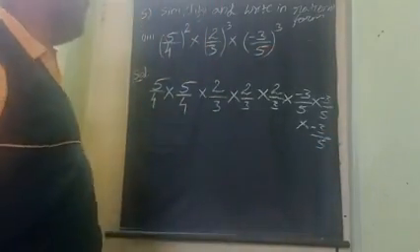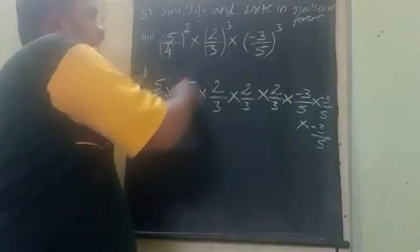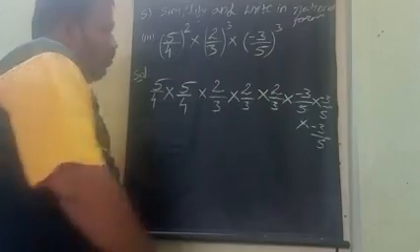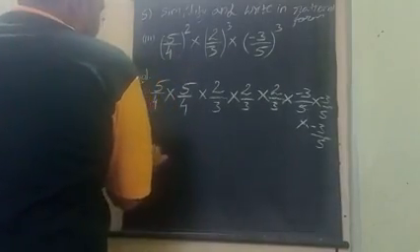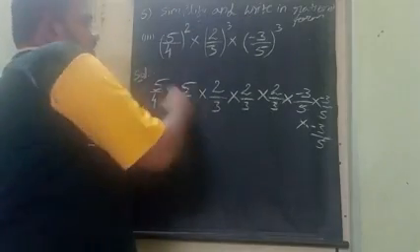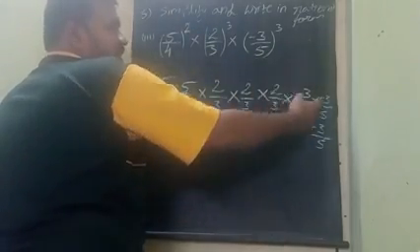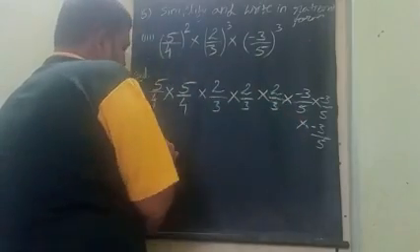We have to repeat each of them: 5/4 two times, 2/3 three times, -3/5 three times. Now what do we have to write? First is the sign. What are the signs here? Minus, minus, minus. So multiply the signs first. Minus into minus is plus. Plus into minus is minus.